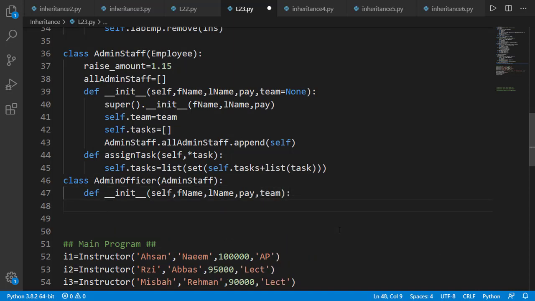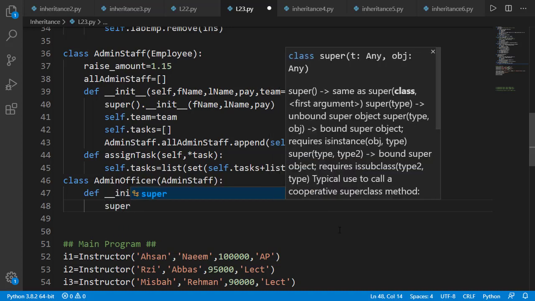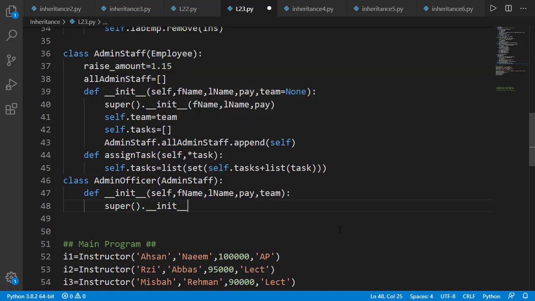The only difference in this init method is that now attribute team is not optional, and inside it we will simply call the init of the parent class, which is admin staff.